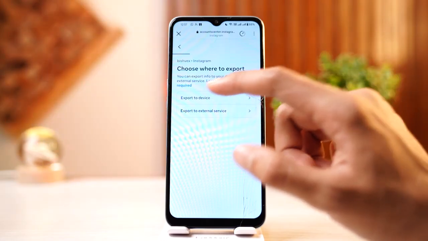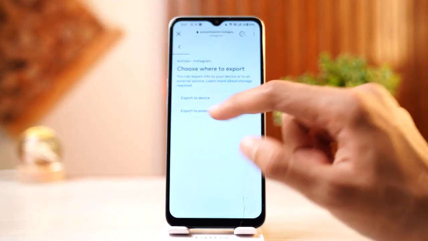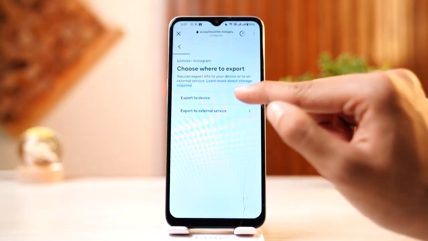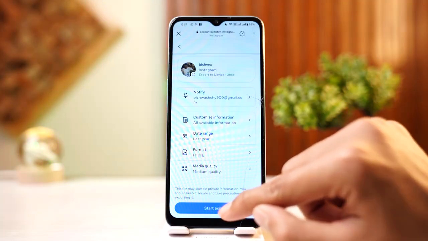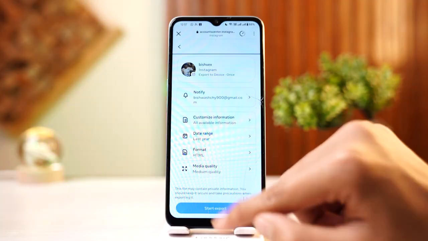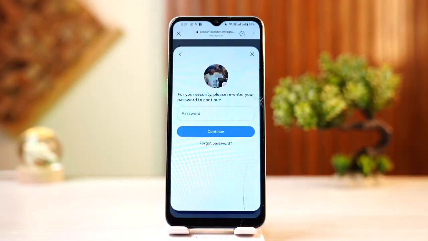And there you will see two options: export to device, export to external service. I'll choose this one. And after that, tap on this export, and after that tap on this start export. And after that you need to enter your passcode, and then after 15 to 60 minutes you will receive an email, and you need to download that zip file, and